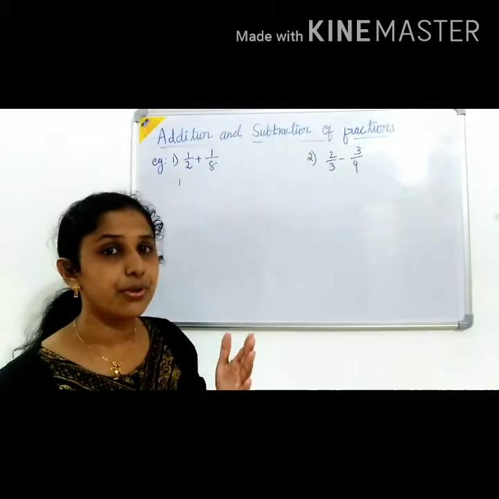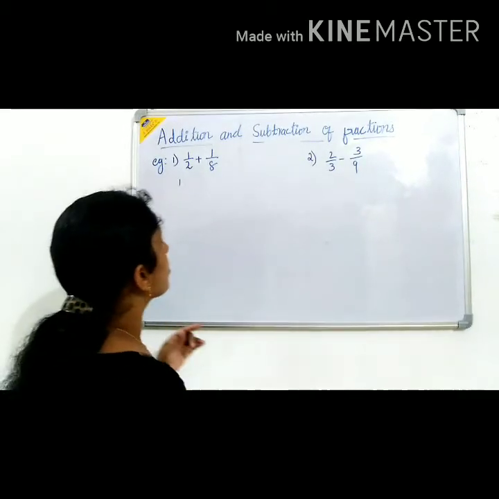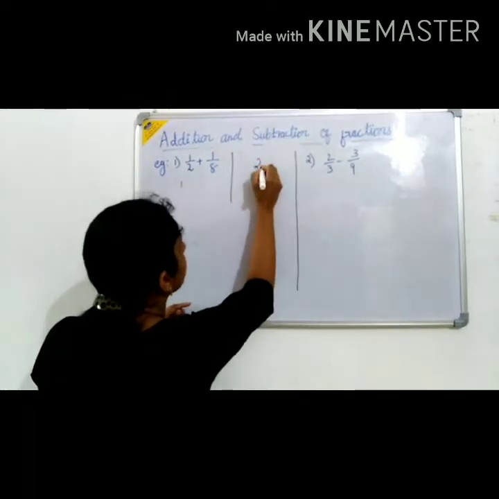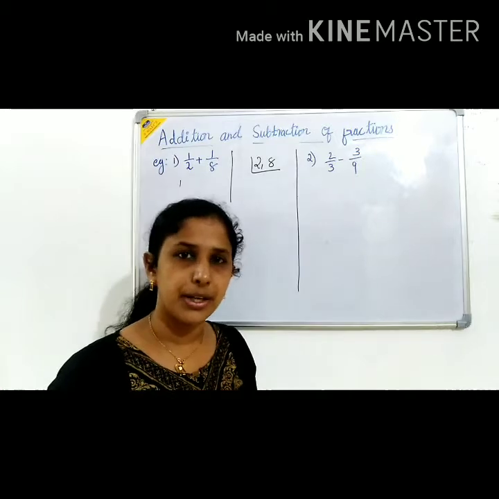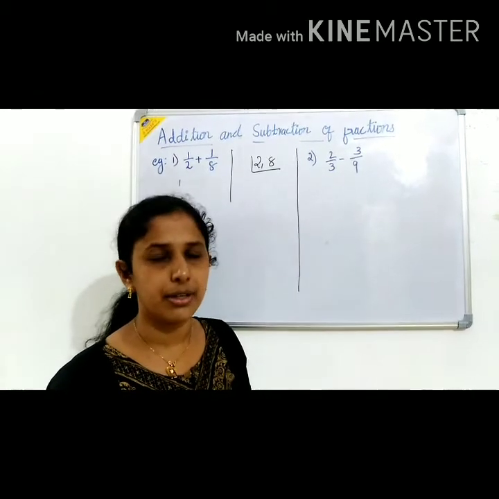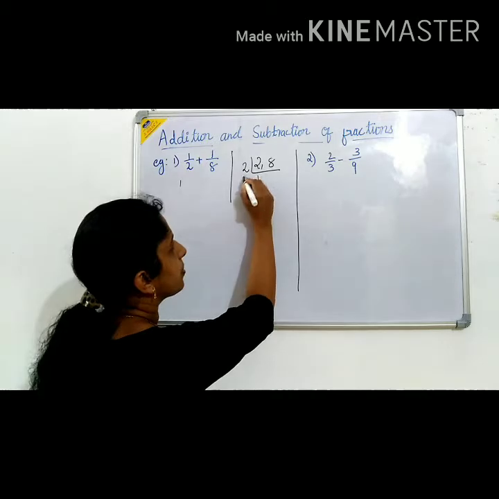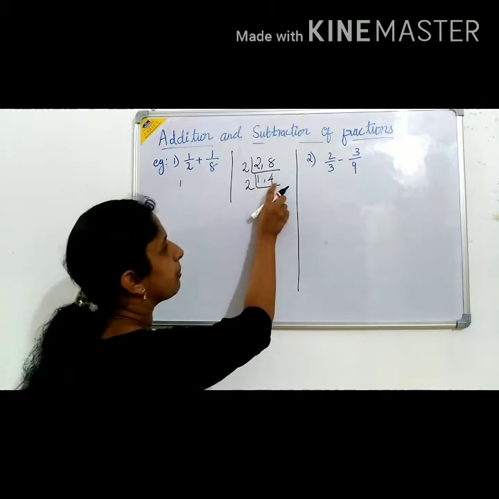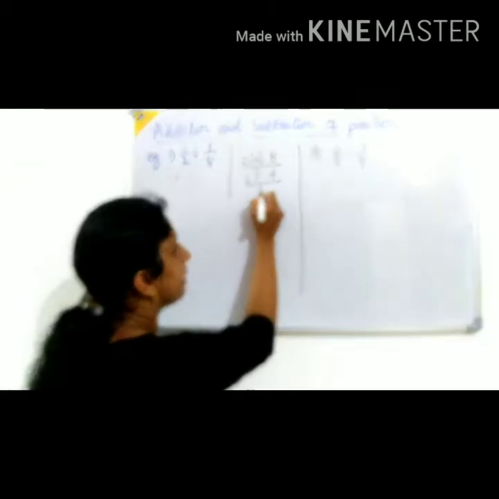So what we have to do? We have to find the LCM of 2 and 8. So how are we finding the LCM here? 2, 8. Both of these numbers are divisible by 2, or we can say that 2 is a factor of 2 and 8. So we are dividing by 2. 1 2 is 2, 4 2s are 8. Again the number 4 is divisible by 2. 1 here it is over. So 1 we are writing here.